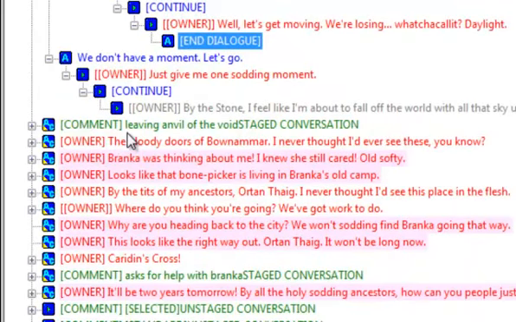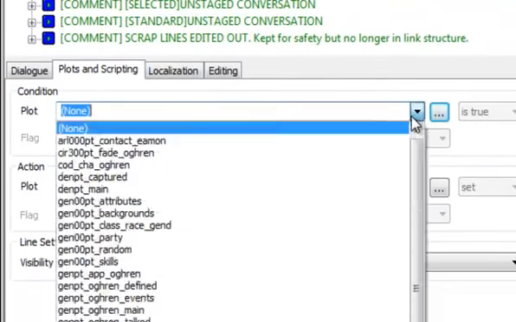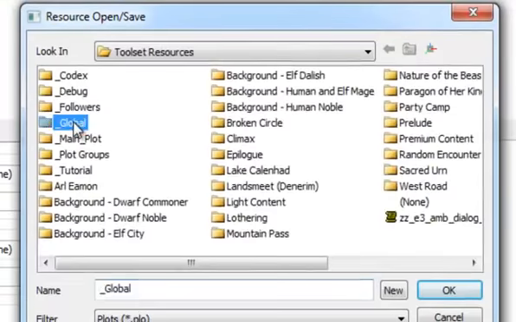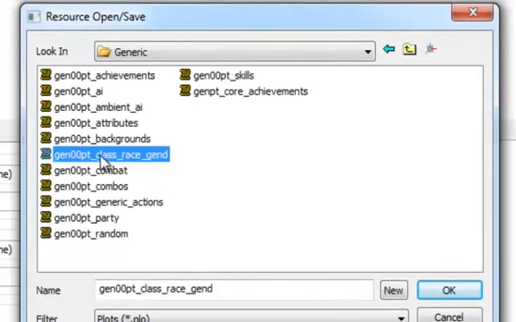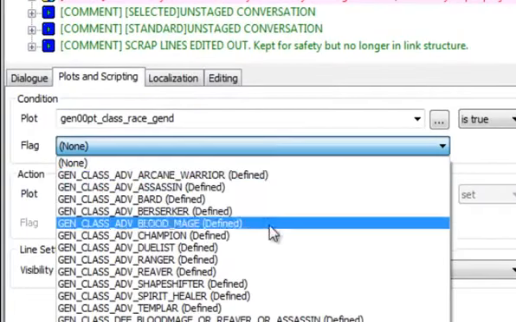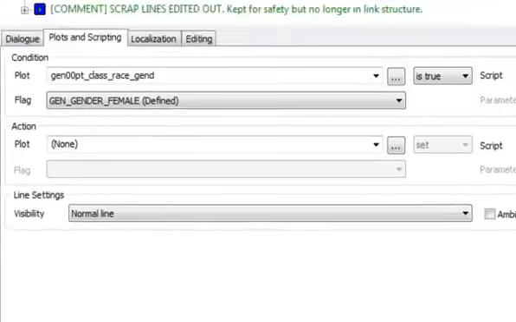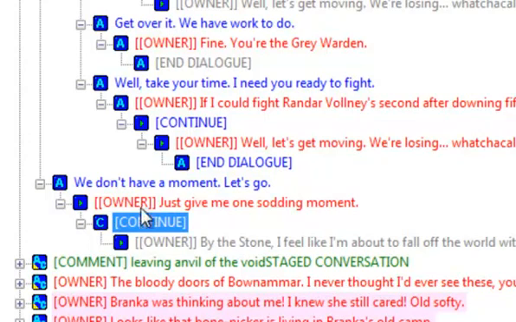So you can see it's a lot like Neverwinter Nights 2 in some ways, but in other ways it's a little more polished because it's a lot easier to just go down to the condition, and we can just go to global, generic, go to class, race, and gender backgrounds, and then we can say I only want this to appear if the person is female, and that is true. And now it's got a condition set. So the only person after this line, the only person that will see this will be a female. A male character will get an end of conversation very abruptly.